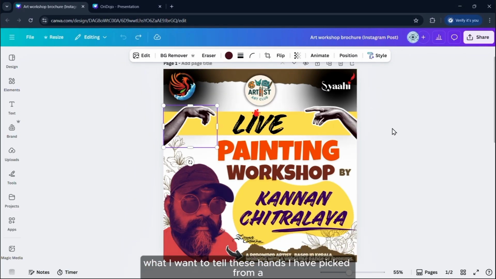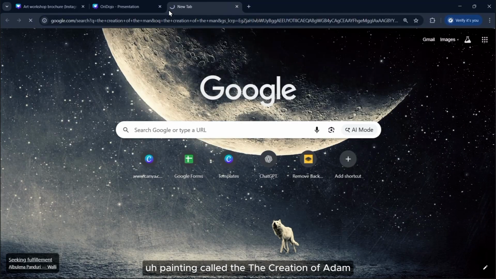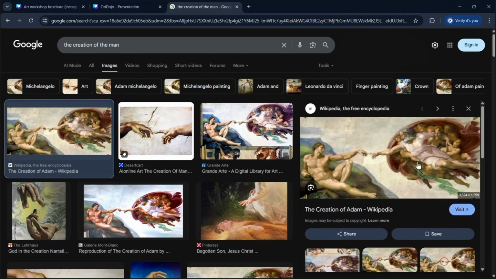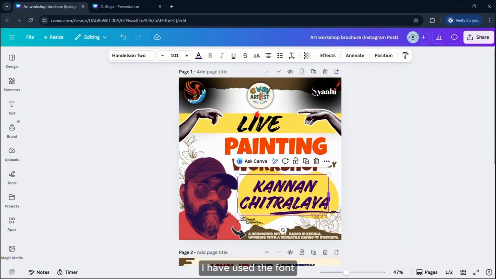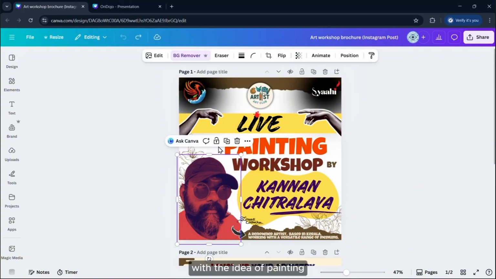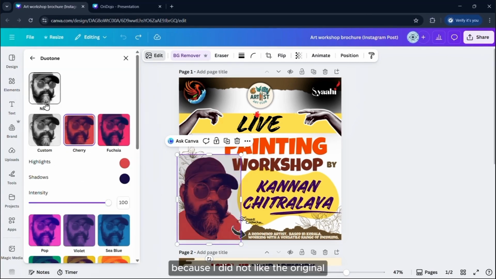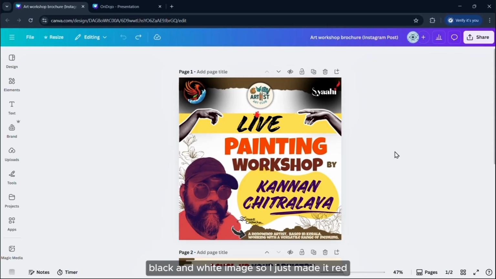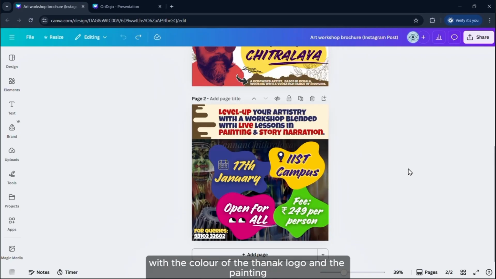These hands I have picked from a painting called the Creation of Adam. I have searched it in the Elements tab in order to bring up these elements. I have used the font style in a certain way which vibes with the idea of painting. I have used the duotone feature because I did not like the original black and white image, so I just made it red because I thought that it suits the color of the Dhanak logo and the painting